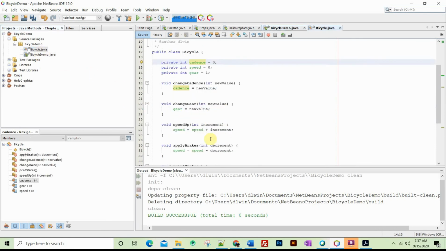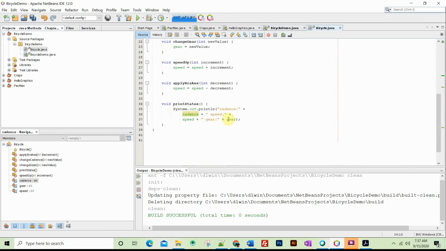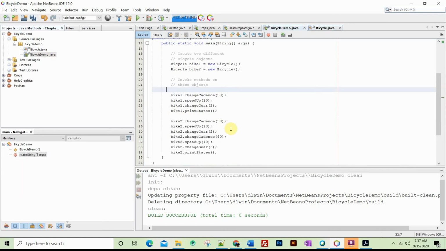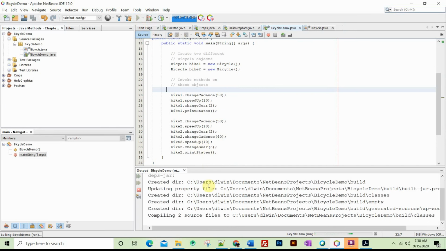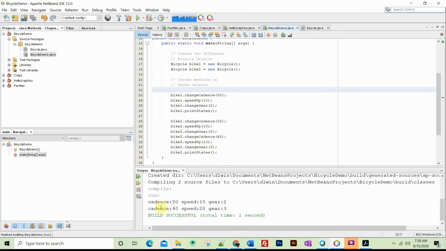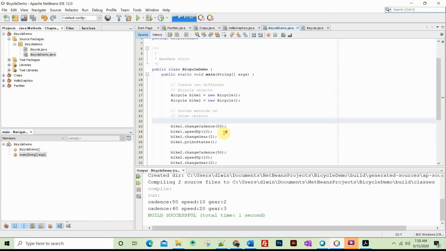So if I go back here, it's going to print the state speed. So if I now go to run this here, if I go to run this, it runs. Cadence 50, speed 10, it prints it out. Alright, so that's an overview of